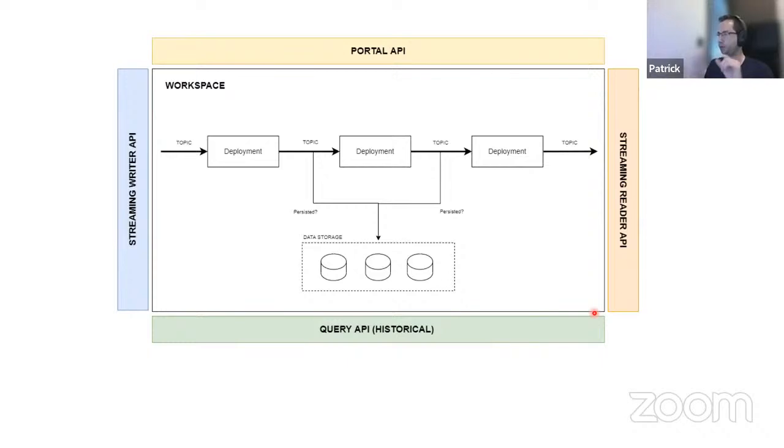The same concept of input output when you're doing a deployment, but in a whole workspace. You have the input, that is a streaming writer API, and you have the output, that is a streaming reader API, but speaking with the external world, with external systems, external person or dashboard or whatever.